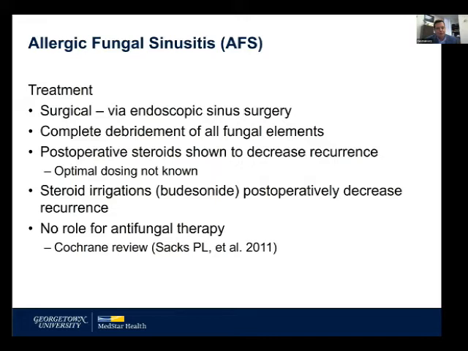In terms of postoperative oral steroids, I typically only do a Medrol dose pack. I found that more is typically not needed, and obviously there's the risk of potential side effects with it. Initially, people thought maybe antifungal treatment would be helpful, whether topical or systemic, and no good studies have shown that it's a significant benefit.